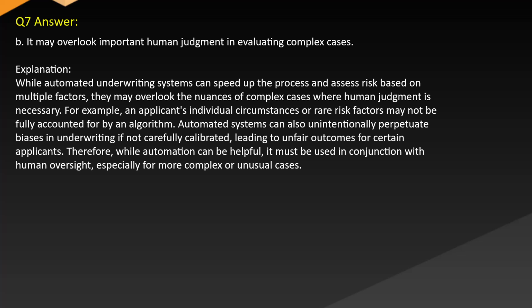Explanation: while automated underwriting systems can speed up the process and assess risk based on multiple factors, they may overlook the nuances of complex cases where human judgment is necessary. For example, an applicant's individual circumstances or rare risk factors may not be fully accounted for by an algorithm. Automated systems can also unintentionally perpetuate biases in underwriting if not carefully calibrated, leading to unfair outcomes for certain applicants. Therefore, while automation can be helpful, it must be used in conjunction with human oversight, especially for more complex or